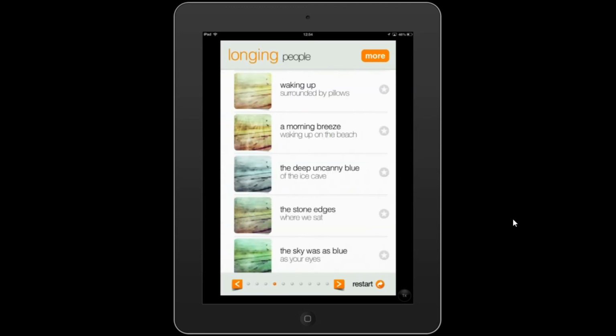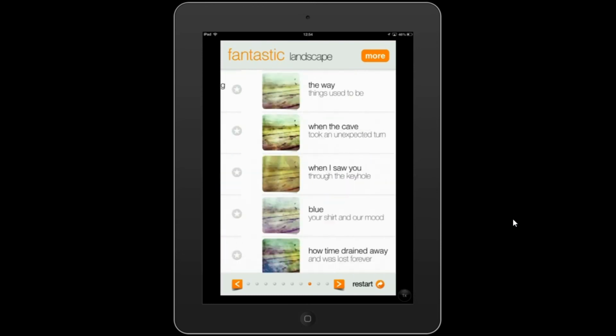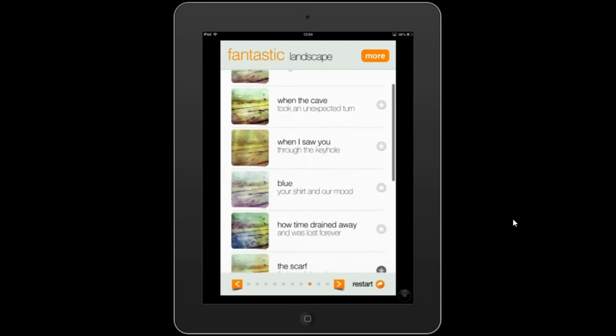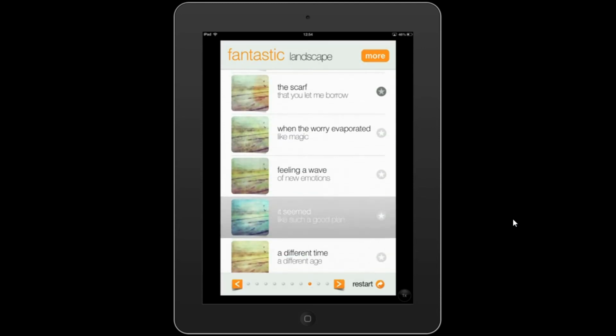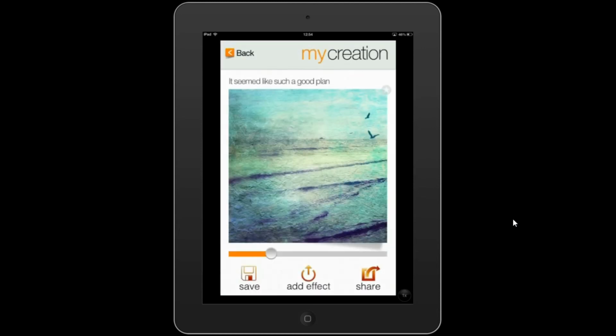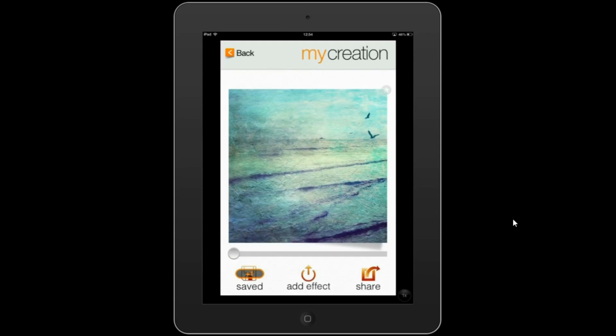Look at all these wonderful filter names, but the filter that I want is called It Seemed Like Such a Good Plan, which is in the fantastic landscape area, which would be appropriate for the image. I'm just going to adjust that level to taste, and I'll save that to the library. There we go. I've got a little bit of an issue with it now in that it looks too saturated